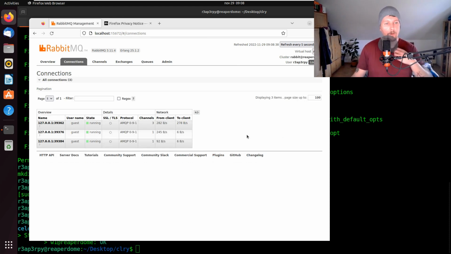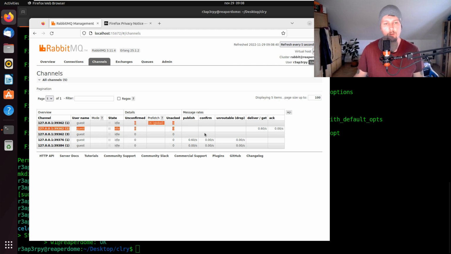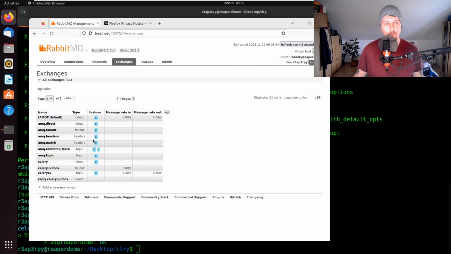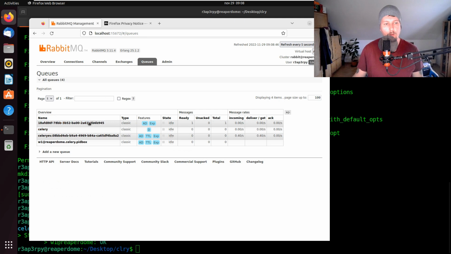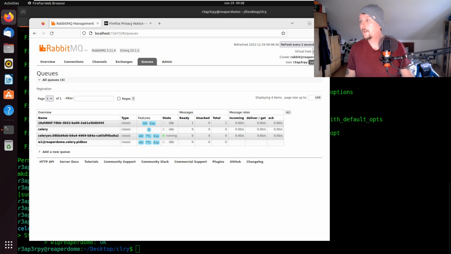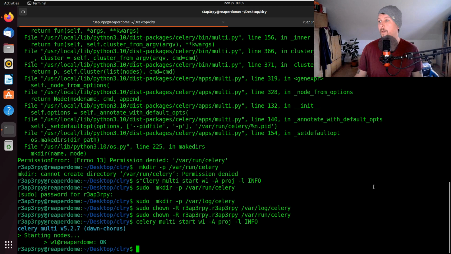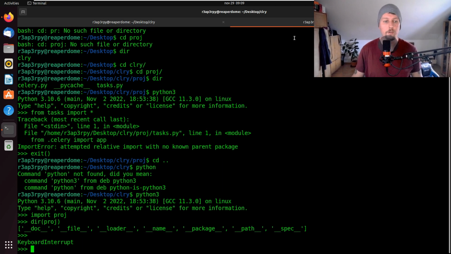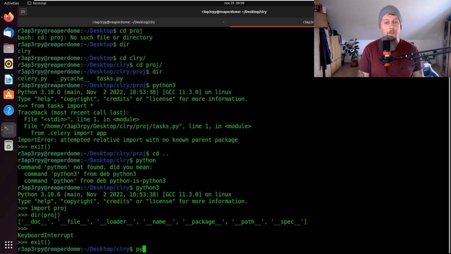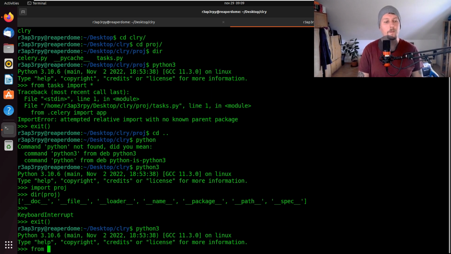So if we go to the channels, exchanges, we have the worker one which is currently idle. So technically this is one, and we should be able to go ahead and use the python3, from project.tasks import star,